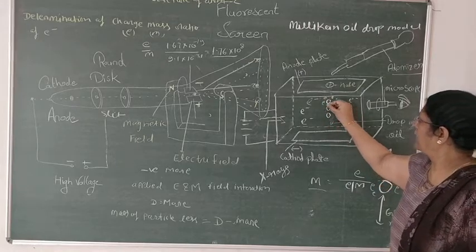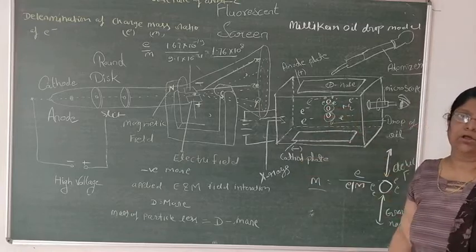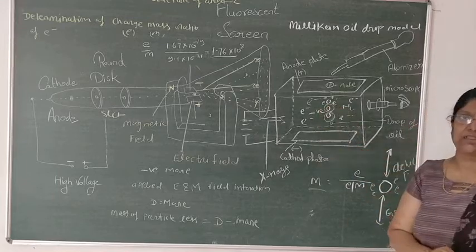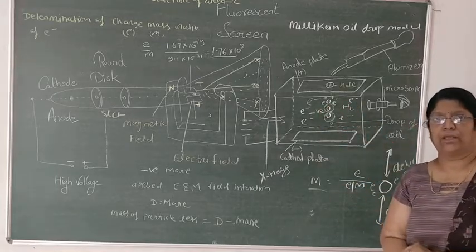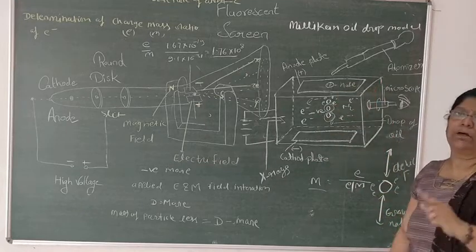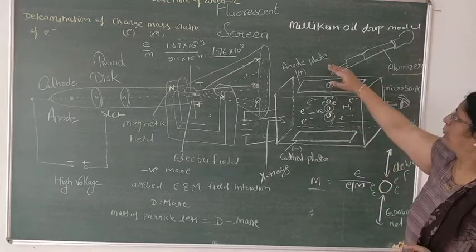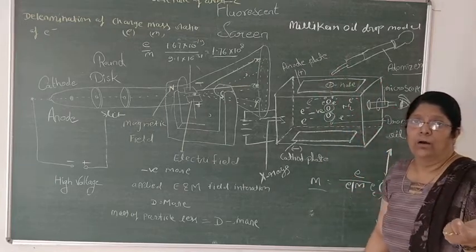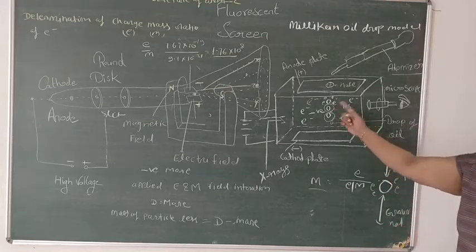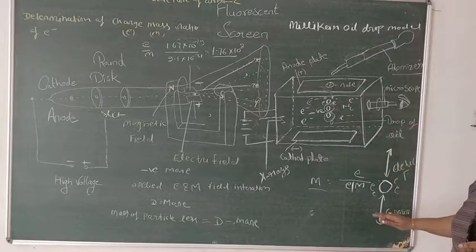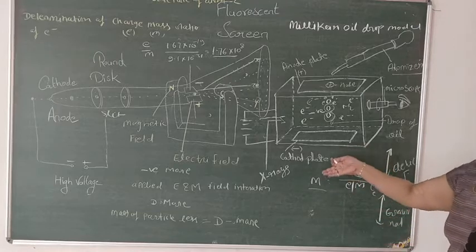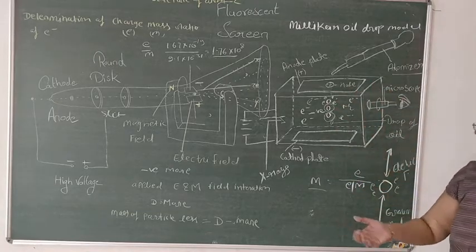This oil droplet is being surrounded by electrons. Due to that, this oil droplet becomes negatively charged. Now in this chamber there is an electrical field. This is the cathode plate and this is the anode plate. Due to this electrical field, we are providing electrical force to this droplet, and from the lower side definitely a gravitational force will also work, which will come from the downside, as on our earth.